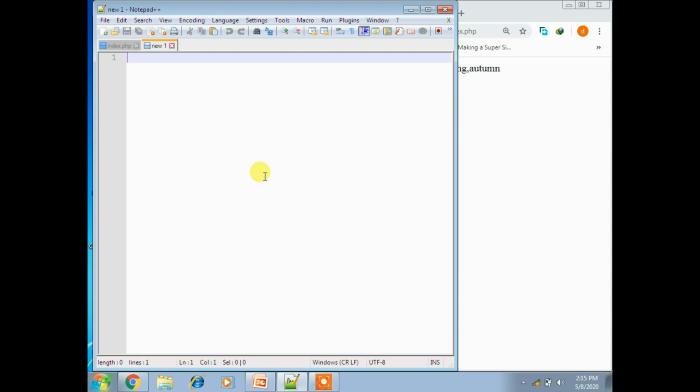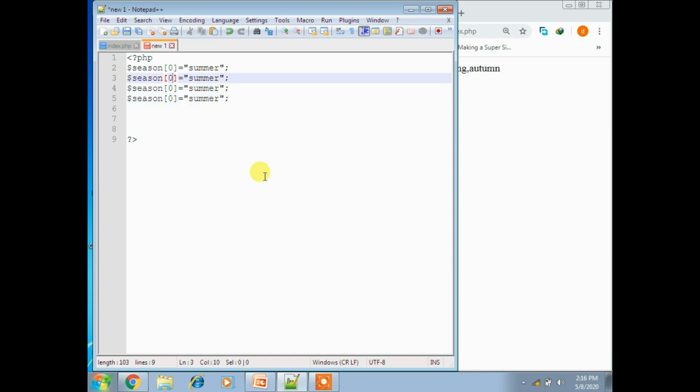Okay, so for this I am taking a new notepad. Now here PHP, and close the PHP tag, and here you have to pass the variable with an index value, right? So 0 index. This is the second way we have to use now. Okay, and in the same way we have to use 3, 4, 5, like that. So however many strings you have, based on that you can apply the values here.